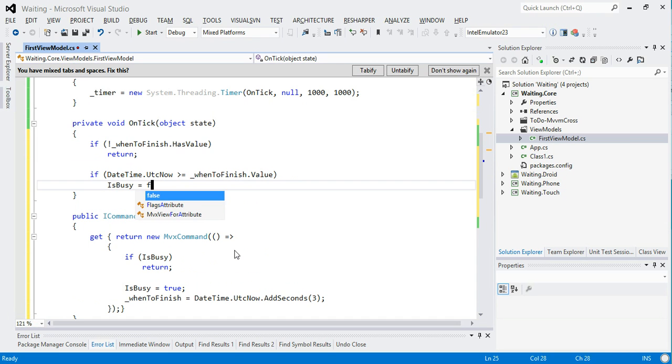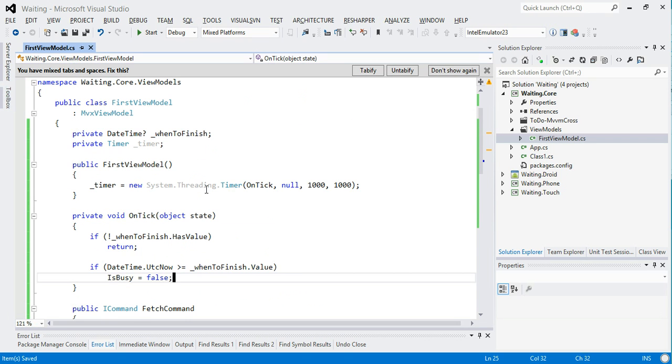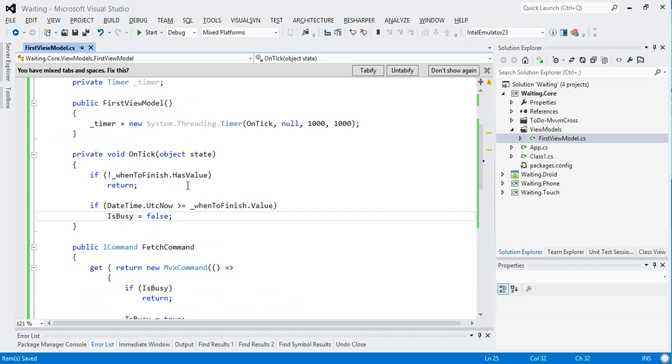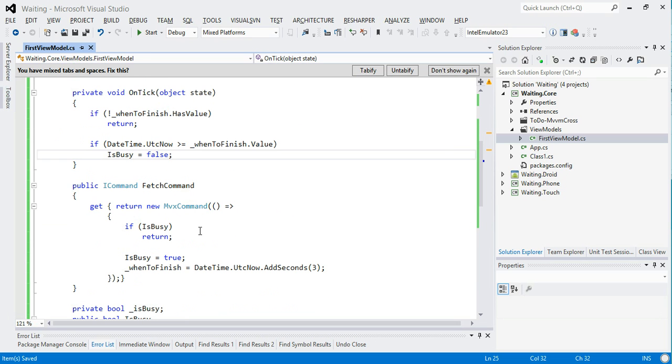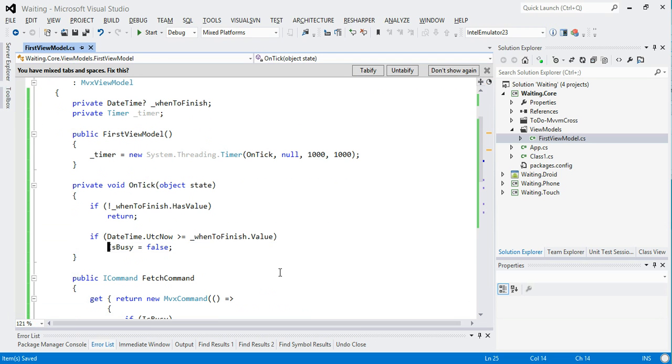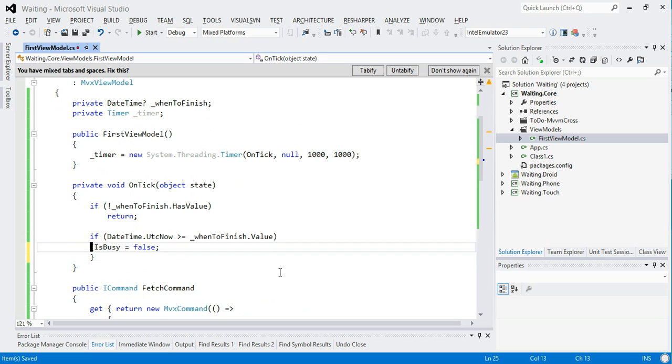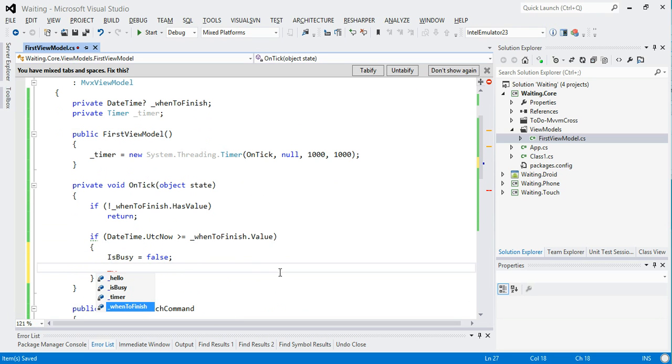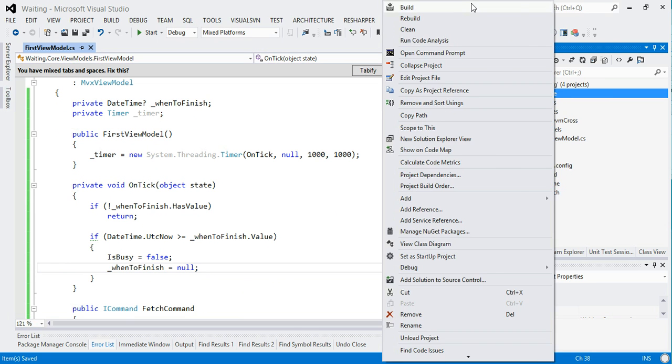So all this code does is literally pretend that when we hit fetch command, we'll pretend we do a hit, and 3 seconds later approximately it'll clear that hit for us. So we could also do here isBusy equals false, and we'll also do when to finish equals null, so we clear that timing clip on us. So if we just build that,